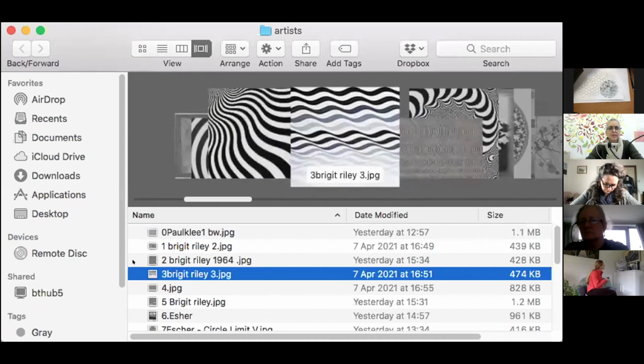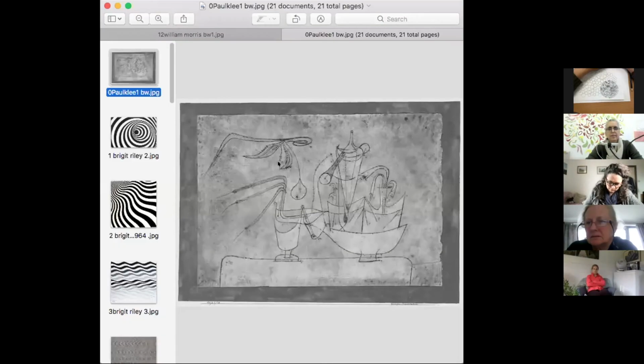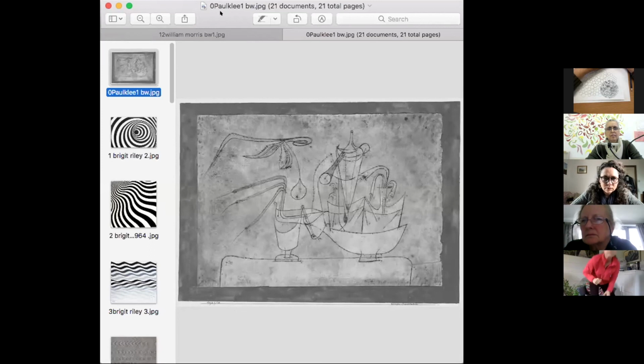I should select all first, isn't it? If you stop sharing to begin with, and then when you do share, select the preview option. There we go. Yeah, that's it. Is it big enough? Yeah, that's much better.